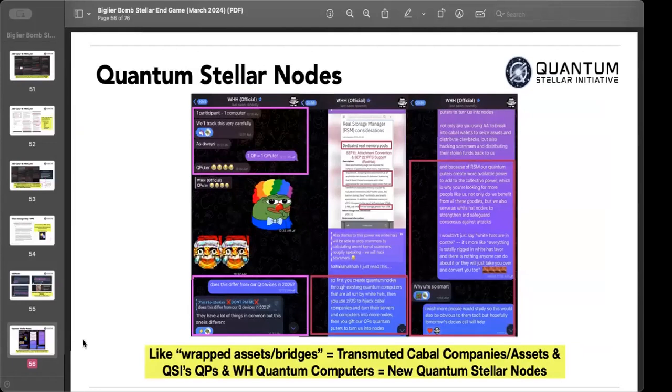So this is the confirmation. And I wrote, like a wrapped asset or a wrapped bridge, we're transferring all those assets into stellar and we're transmuting what was previously a baby trafficking coin into a stellar beautiful token, right? You're transporting the value over into stellar. Well, just like the assets in the bridges, we're transmuting Cabal companies and their assets into quantum stellar nodes. And this was the confirmation that I got yesterday as I was talking to White Hat Home right before we